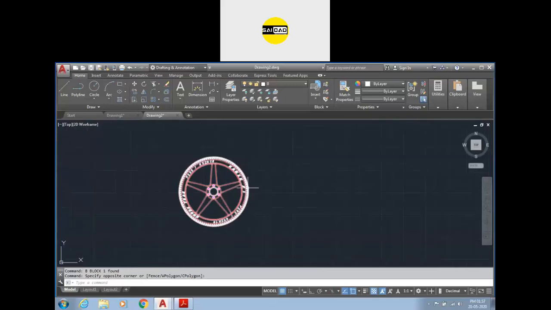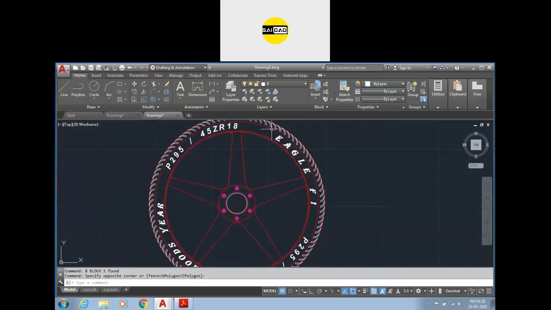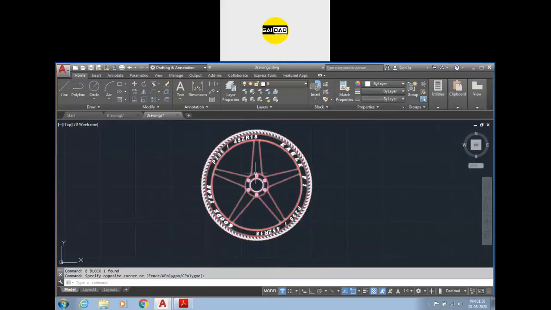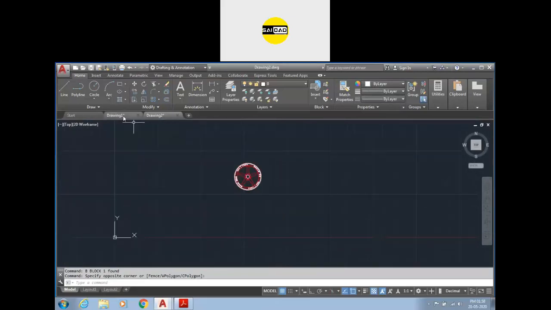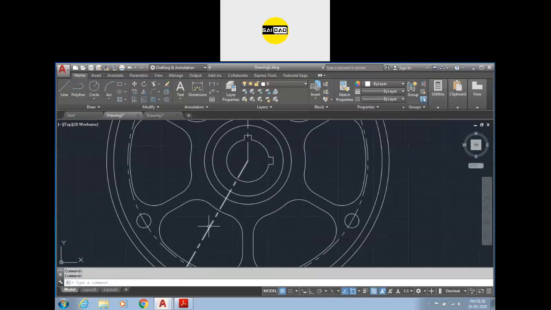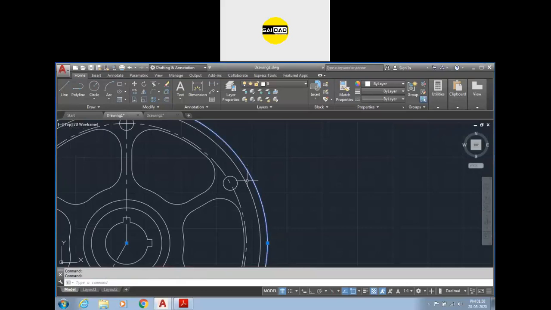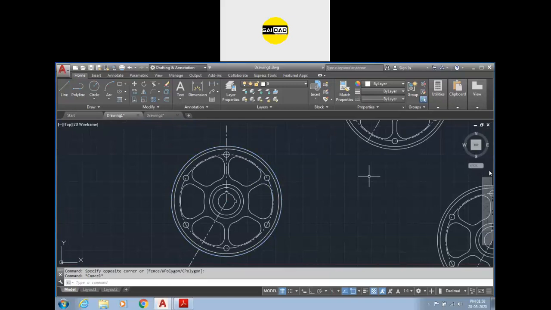Now we have the next tool, that is properties. Okay, how you can specify the properties? You can see I have specified some property. There is the color property I have specified. I have specified sometimes the line type. Here you can see there is the line type specified. So if you want to specify the thickness of the line, you can specify it from here, the line weight, and if you want to specify the transparency, you can specify it from here. So how do these things work?